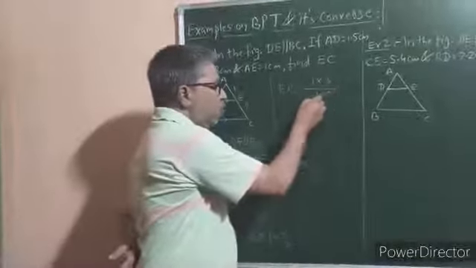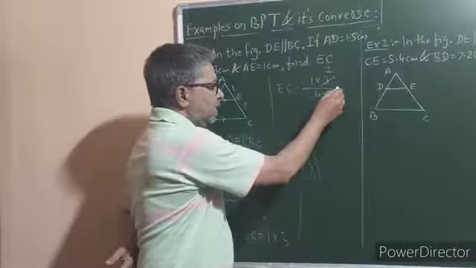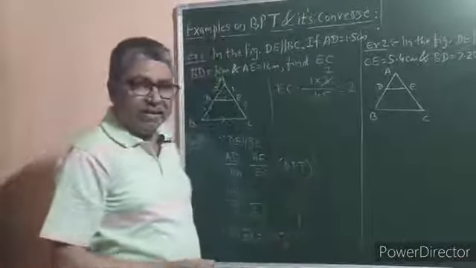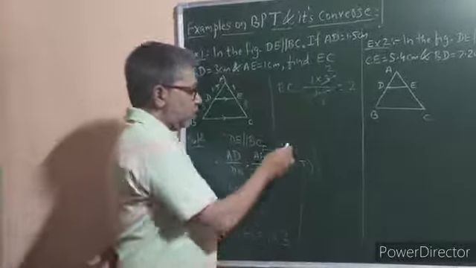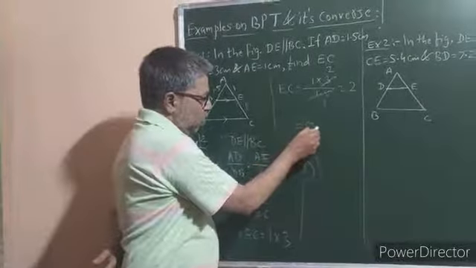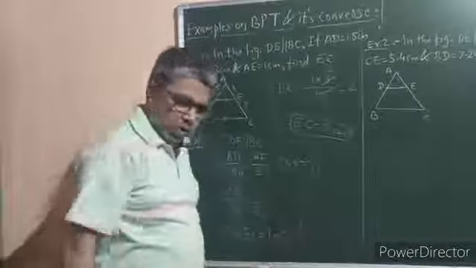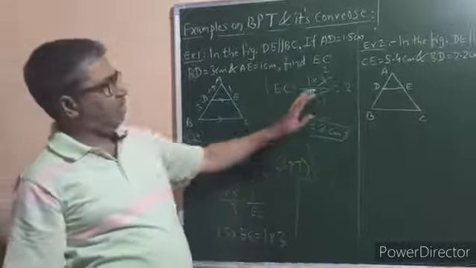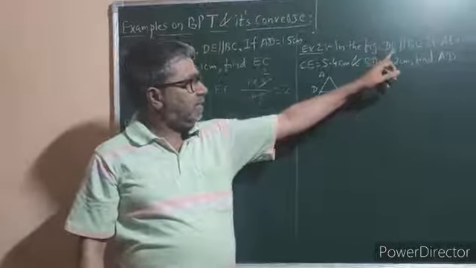Now 1.5 ones are 1.5, 1.5 twos are 3, so the length of EC we are getting in this example is 2 centimeter. So EC is equal to 2 centimeter. This is the solution. So in the same pattern, the next example is, in the figure again DE is parallel